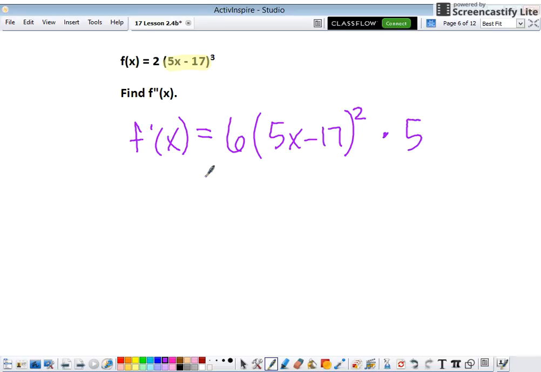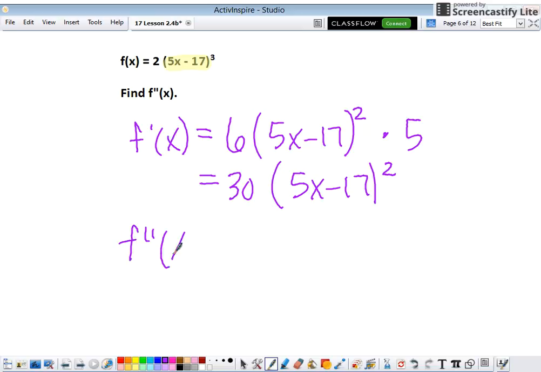Now, if you have to find the second derivative, you want to simplify a little bit. At the very least, take this 5 and multiply it by the 6 that's up front and make this 30 times (5x minus 17) squared. Now, when I go to take the second derivative, it's not much different than taking the